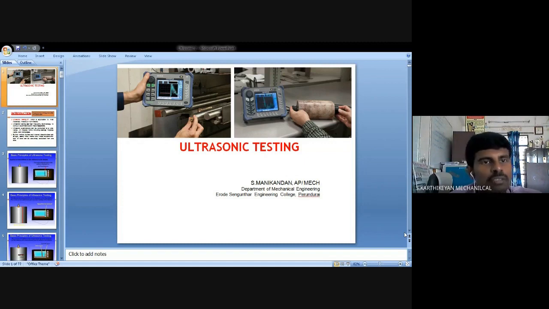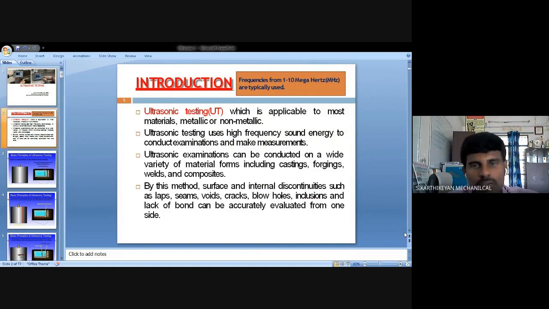In ultrasonic testing, we use sound waves to propagate into the workpiece, and we get a signal. With the help of that signal, we can see the defect and exactly where it is located. So now we have entered into the topic. What is meant by ultrasonic testing, which is applicable and most suitable for metallic as well as non-metallic